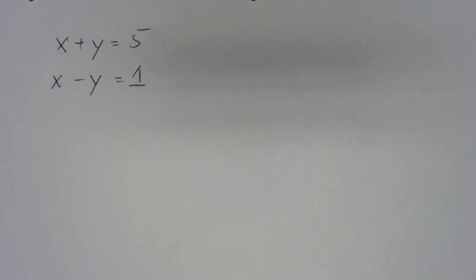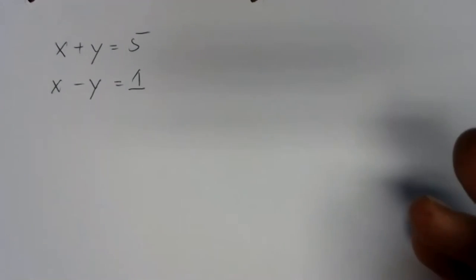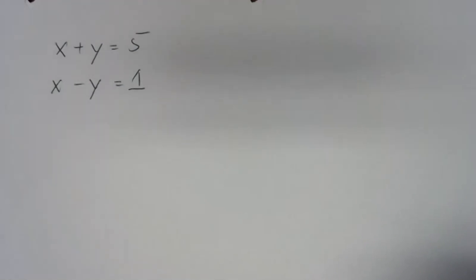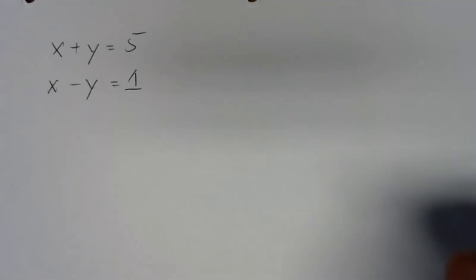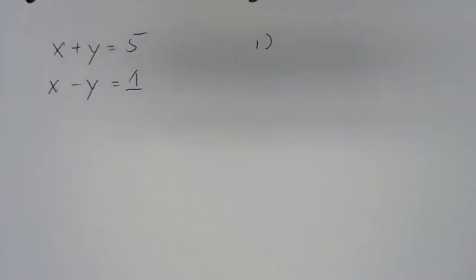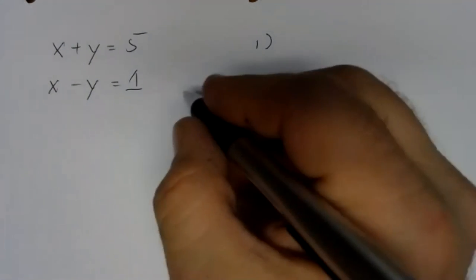Elimination relies on being able to combine these equations together in such a way that we can eliminate one of the unknowns. And my procedure for this is something I'm going to write off to the side here. It's sort of generic, but we'll be able to follow it through on some of the examples here. And I'll show you a way that we can make any set of equations into the form we need to make this method work. But the first step to elimination is to look for